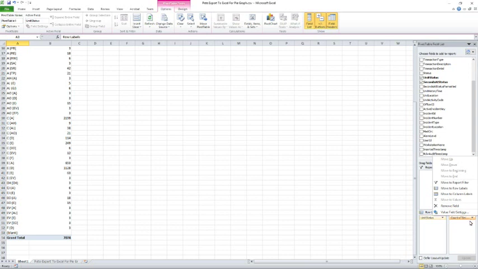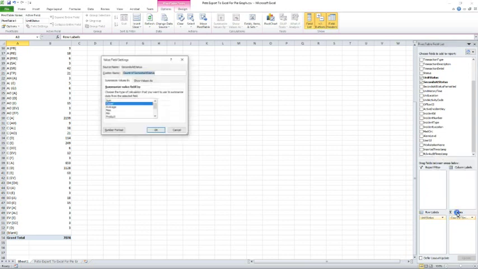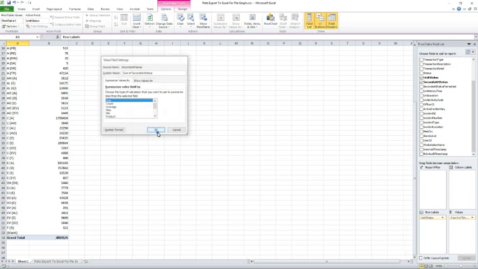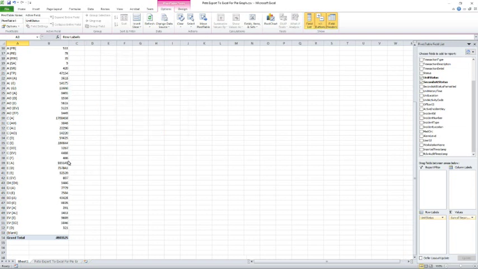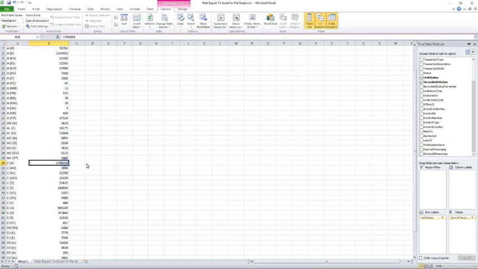So we go down here to count of seconds, value field settings, and change that to sum. So you're going to hit sum of seconds at status, and those got real big all of a sudden. You can verify that by going, the biggest one usually is clear status, and